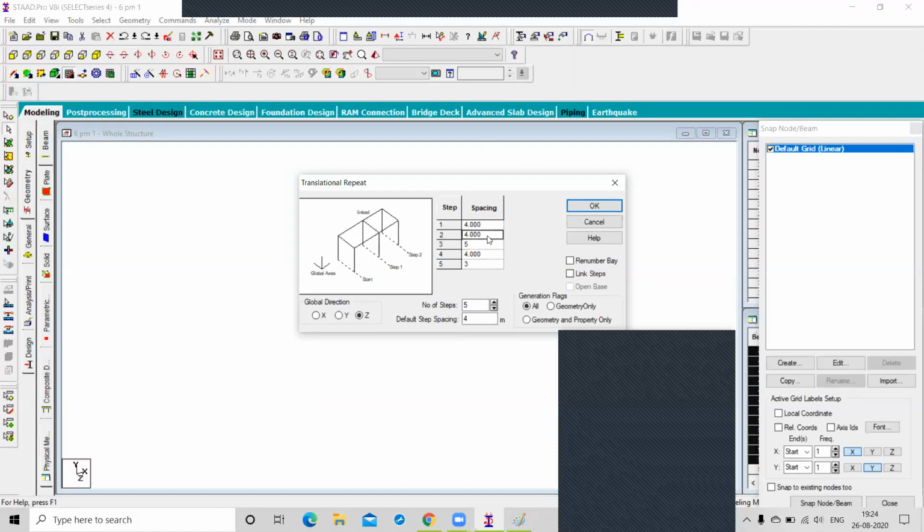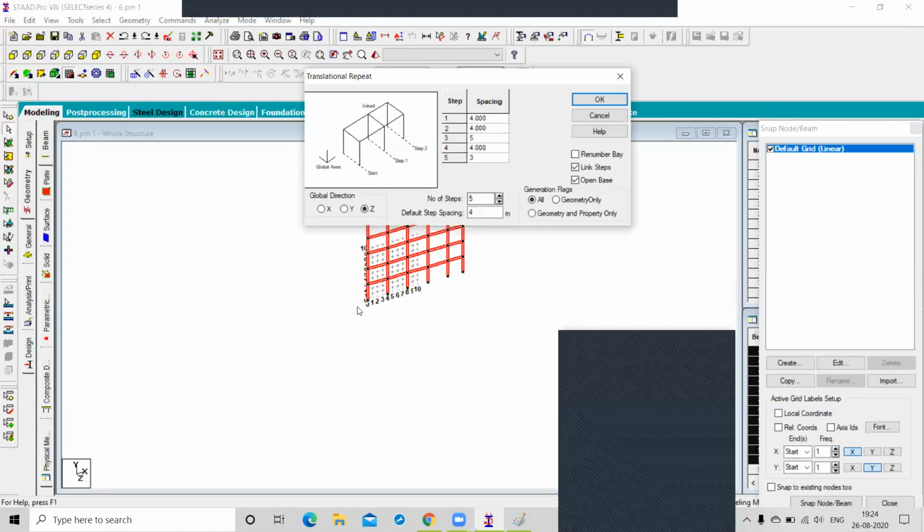It's up to you, right? And click on link step and open base. So why is open base enabled? Because I have selected the base beams also. That's why. And click on the OK button.